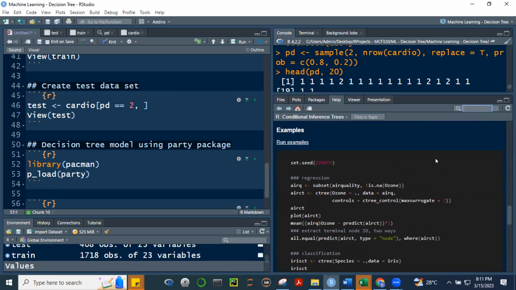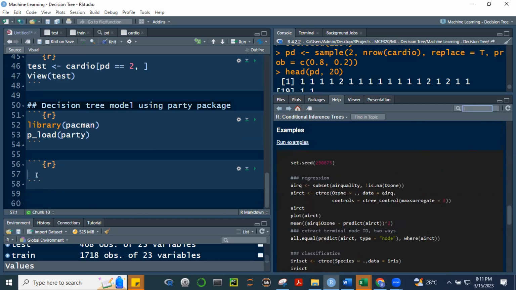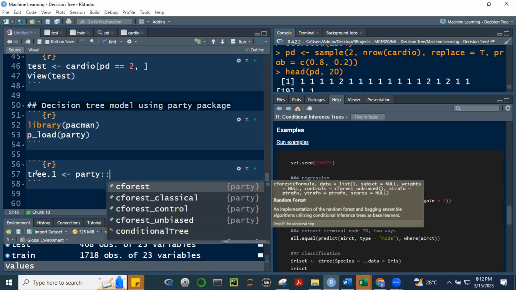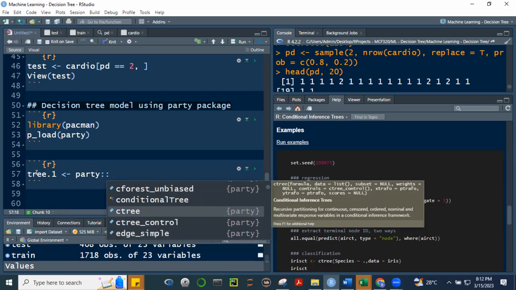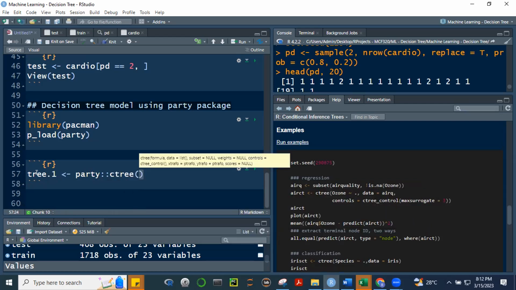Okay, anyway. So let's create this model. So let's just call this first C3. Okay, so C3.1. Okay, lagyan na natin ng pangalan na C3.1. So this is our first model. And let's, for purposes of just reminding you kung saan galing yan, I'm just putting there the namespace na party package. Okay, and then we're going to use the C3, this one. Yeah. C3. Okay. And then, ilalagay natin yung model natin.